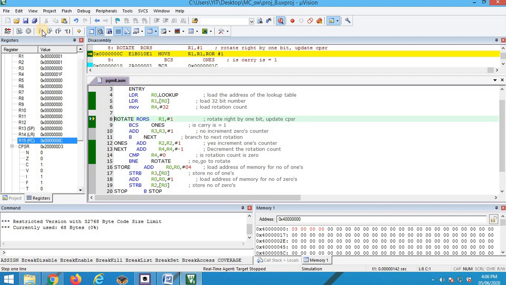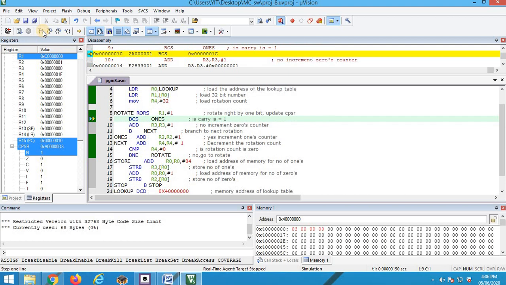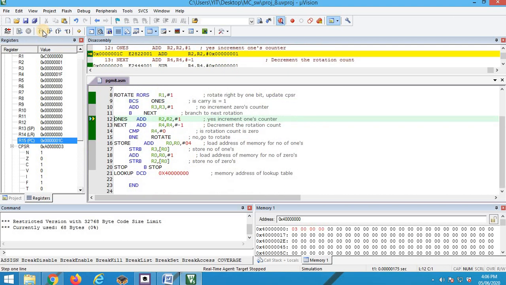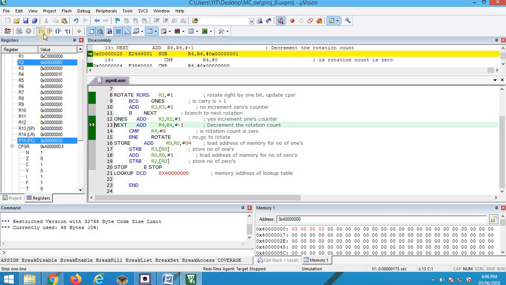Again, which is the LSB now? Again it is 1, because in 3 there are 2 ones. 1 1 is rotated, there is one more 1. So we are going to rotate now. So again 1 is rotated, so carry set, control comes to ones, so R2 is incremented by 1, that means there are 2 ones.